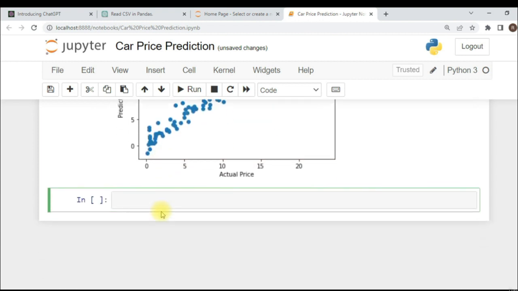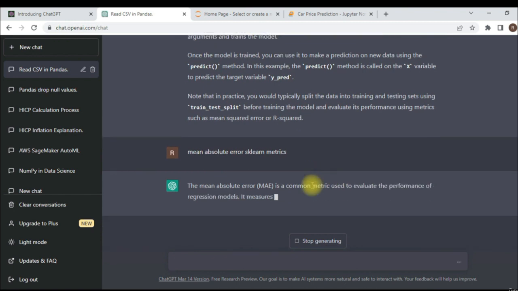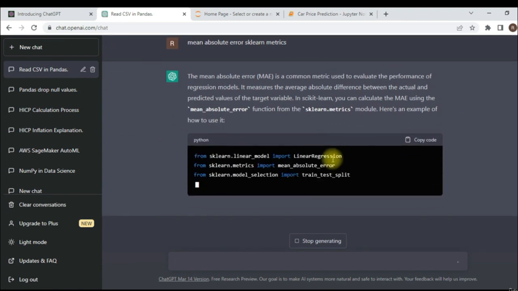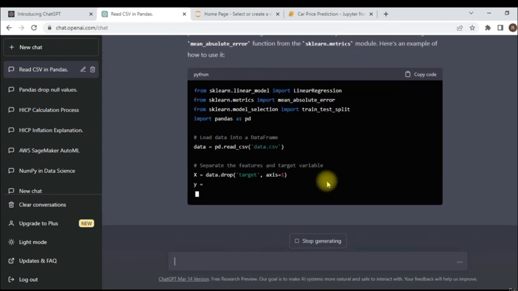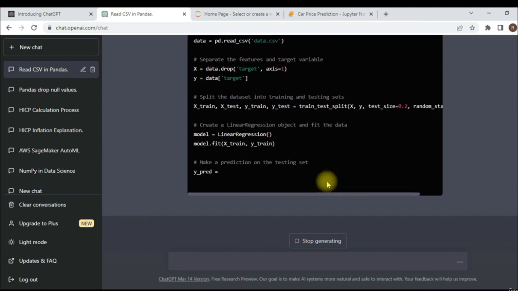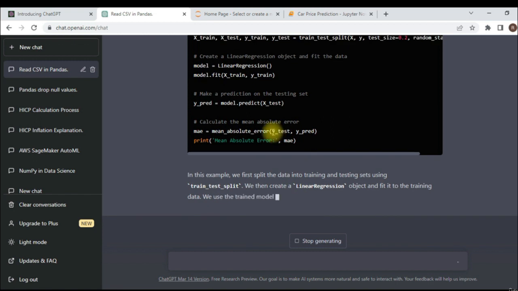And finally, let us check the error that we are getting. So mean absolute error. So metrics. Let me get the syntax from here. Mean absolute error sklearn metrics. So the MAE is a common metric to evaluate the performance of regression models. So let us see how we can use that. We've already got the model and we already have the predictions. So we just have to copy the syntax for mean absolute error. So metrics dot mean absolute error. Okay, let me copy this